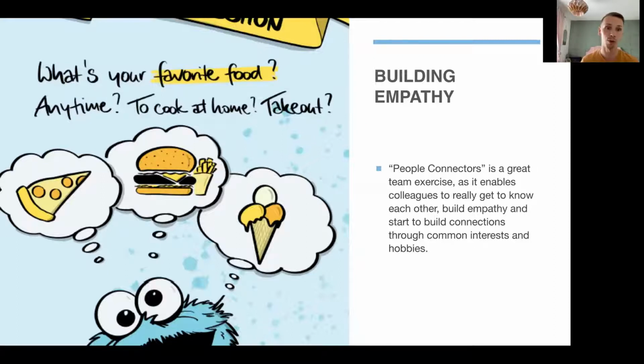So you can see there are little prompts here, all hand drawn, like, what's your favorite food? And that might come into our sprint naming conventions, or the next time I run an in-person retrospective, I'll bring that food in or generate a potluck. There might be things I hinted at a second ago, like what are you doing at the weekend, or what sports and hobbies do you have, and start building themes off the back of that,